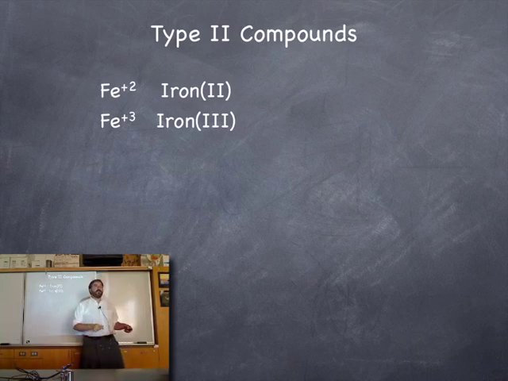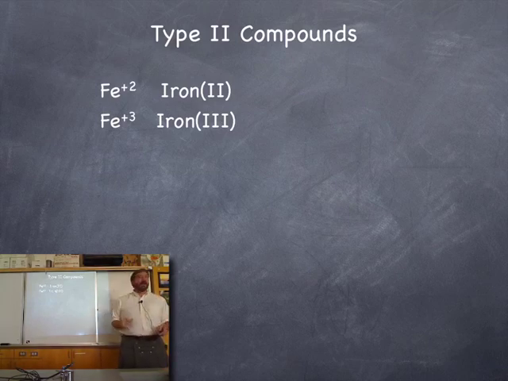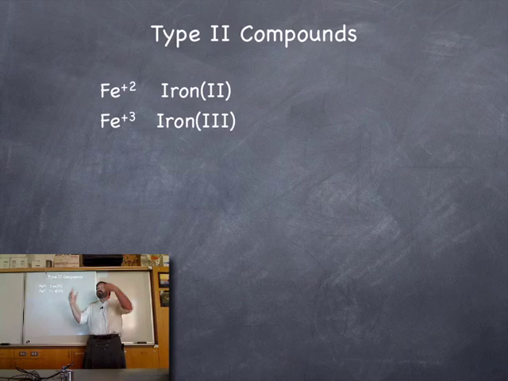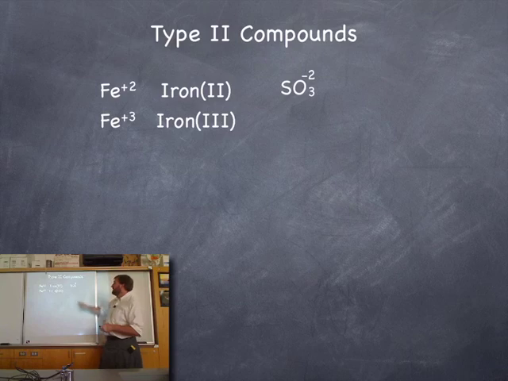But the world would be a pretty boring place if there were only single element compounds. A lot of times elements will react together in a different way. They will share electrons, what we call a covalent bond. But a group of these atoms sharing electrons could also form an ionic compound. So for instance, this compound, sulfite,